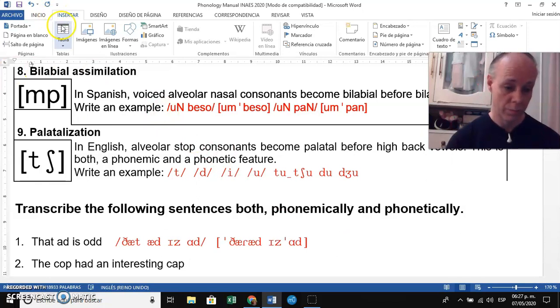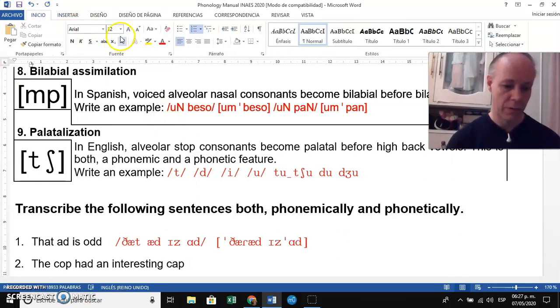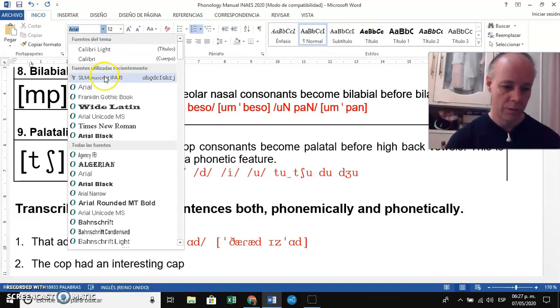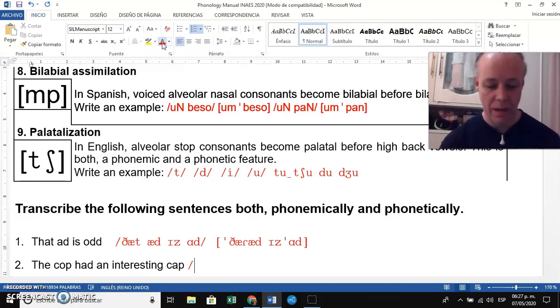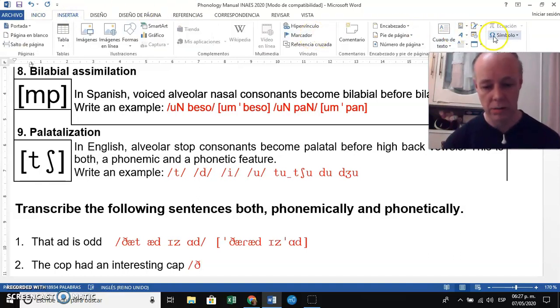To show you. I'm sure you want me to show you. So I will. No problem. The cap. The cup. The, that would be a schwa. It's an article. It's not very relevant, so schwa. The cop had an